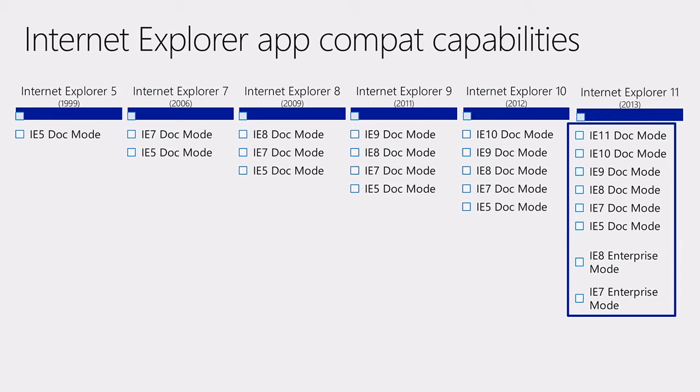So these are the document modes available in IE11 in Enterprise Mode. I talk to a lot of customers who say, I pulled up my site in Internet Explorer 11, it didn't work, so we just check a regex and we move on. Let me encourage you to think about testing these modes before you dismiss IE11, especially for backward compatibility. If you have a site that works in IE5, IE6, IE7, IE8, IE9, IE10, and doesn't work in IE11, chances are that it's not running in the right document mode.